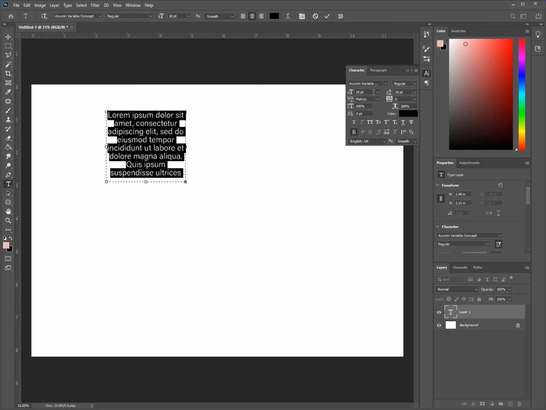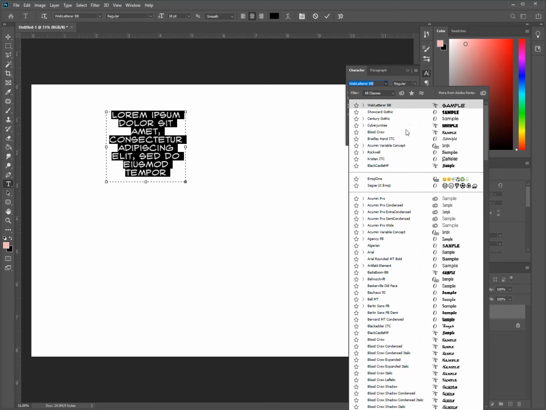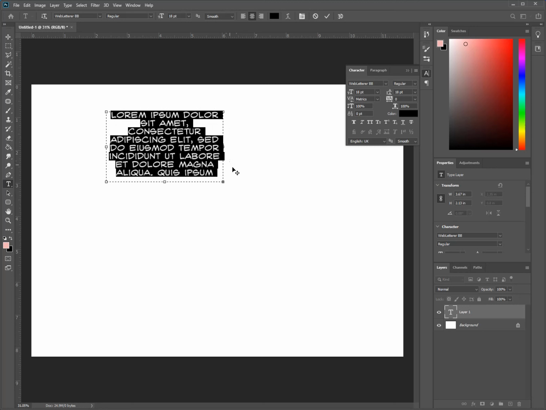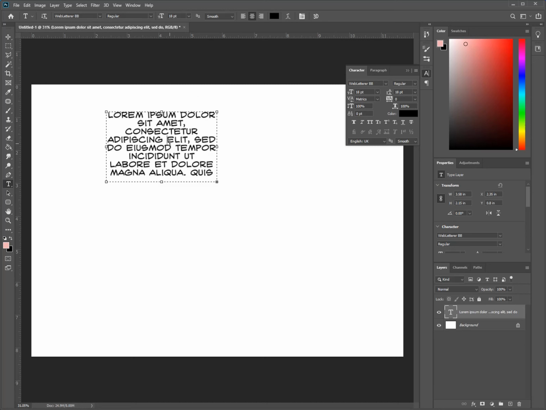Okay, I'm going to change the font to Web Letterer. Now yours doesn't have to be Web Letterer, you might have found a different font that you prefer to use, but you can sort of see it laid out. You can see if I type in there,